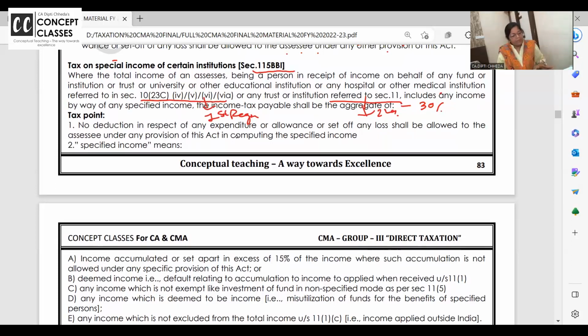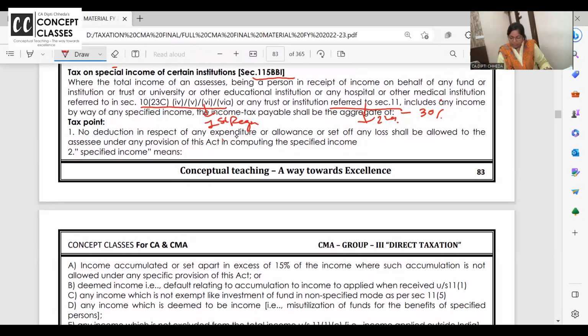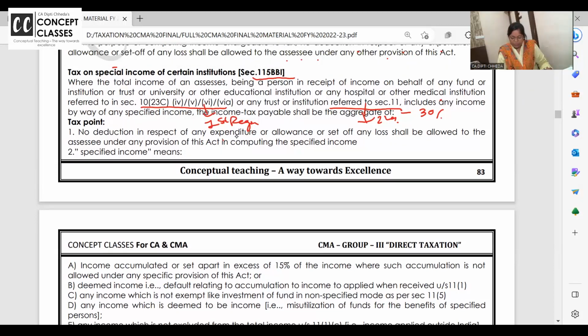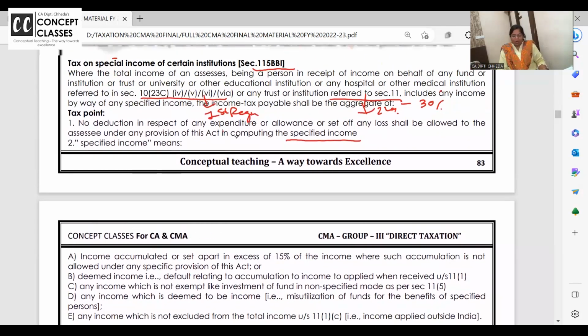Normal income, normal rate. No deduction in respect of expenditure or set-off shall be allowed to the SSC under the provisions of this Act in computing specified income. Specified income will be taxed at 30%, and no expenditure, no set-off, like lottery, nothing is allowed.